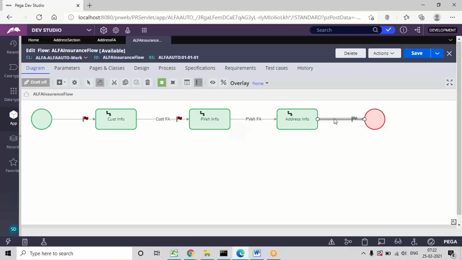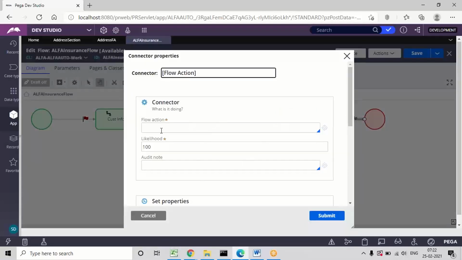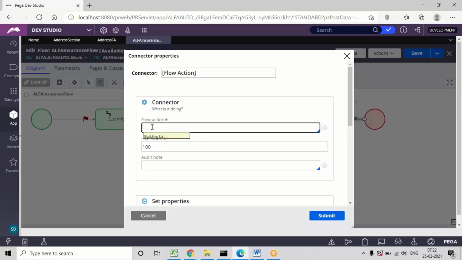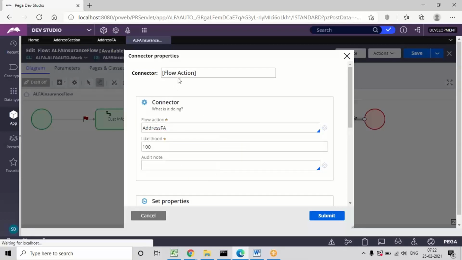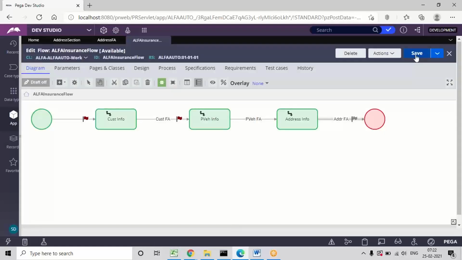Now under connector settings, you can give this flaction name, address flaction. Save your flow design.